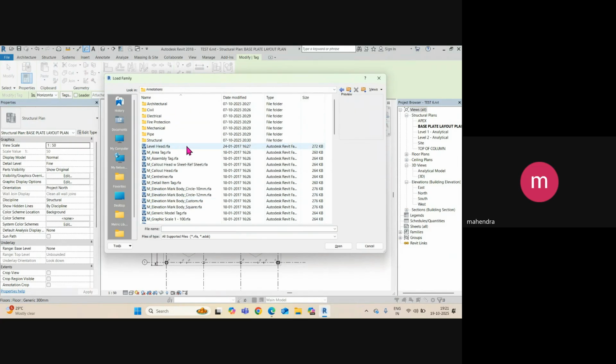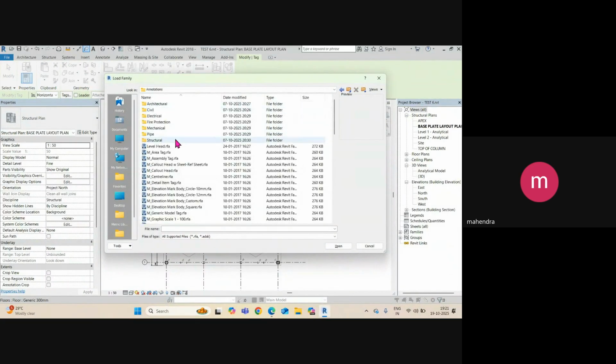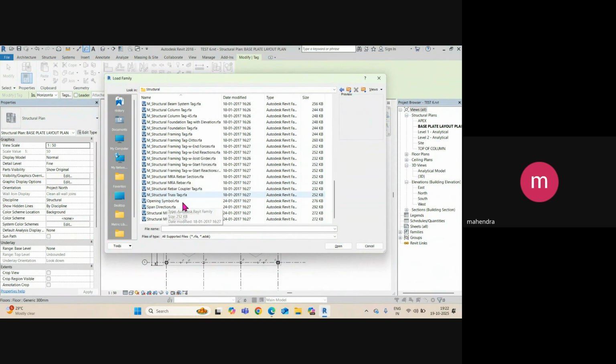Okay, I will search for the tagging here. So tagging, I think it should be in annotation. Then say structural. Then you can search for tag here. Okay, so you can see different tags here. So you need to search for the floor tag also. Where is the floor tag? Column tag here. Then